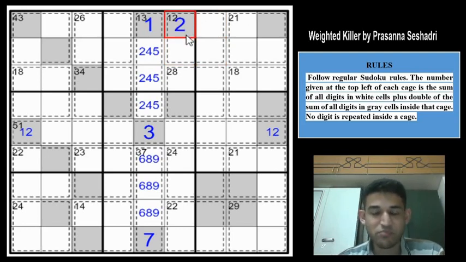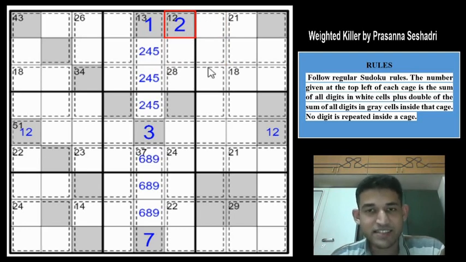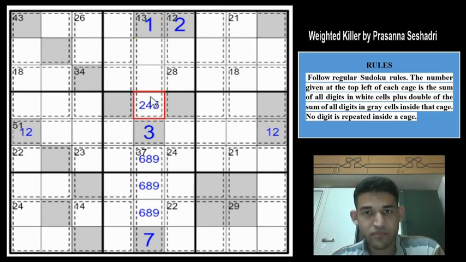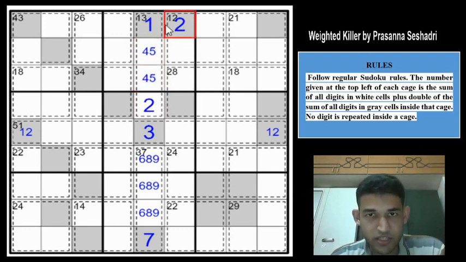Beautiful deduction, neatly constructed by Prasanna to force some cage here, and very nice deduction. So you can have only a 2 here, you can't have any other digit there. The moment you place a 2 here, you can't have 2 in these cells, so you get the 2 here. So this will be a 2, and these 2 cells will be 4, 5. And now this becomes 4, right? It will be twice its value. So we need 8 more from 3 cells.